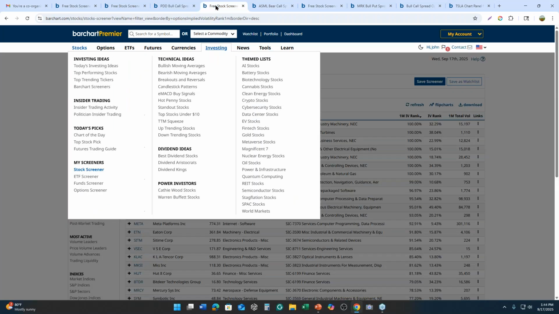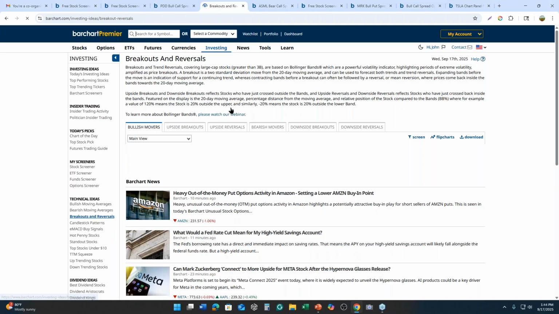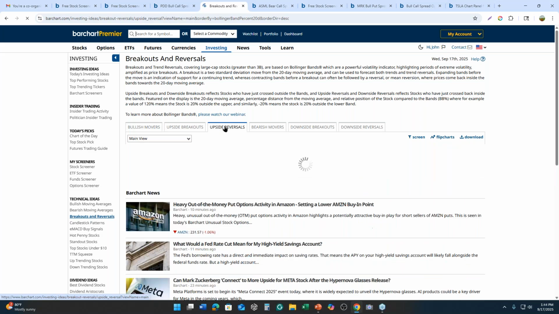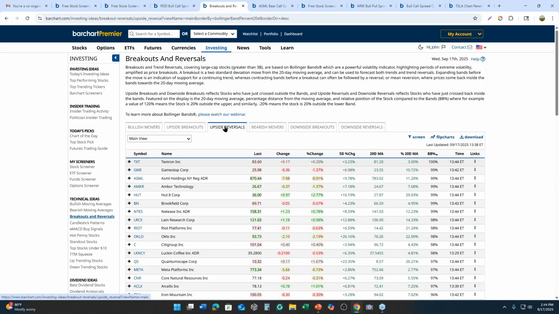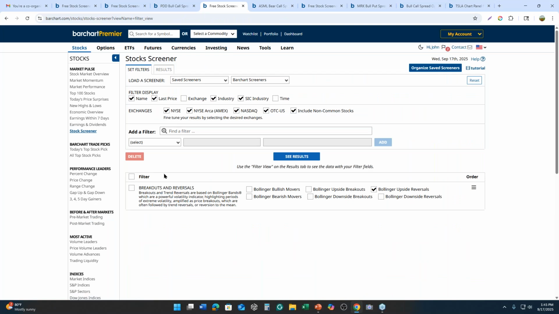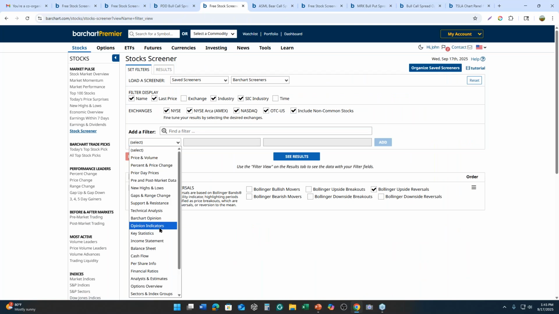Okay, so let's go back to our breakout and reversals. And now we're going to talk about upside reversals. Now, upside reversals are those that have gone outside the Bollinger Bands and then are now coming back in. Again, most likely what we're going to do on this one is we're going to look for credit spreads, right? We're going to probably do some kind of a bear call spread. Okay, again, I'm going to have to screen on these. Again, the things that I need to screen are my